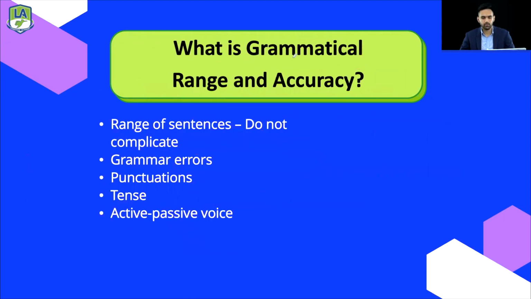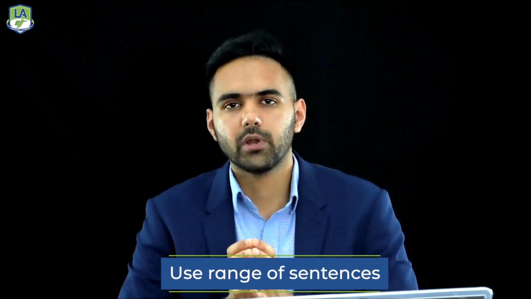And finally, we have got grammatical range and accuracy. We have to first of all make sure there are two parameters here. First one is grammatical range and the second one is grammatical accuracy. Grammatical range means you are using a variety of sentences: simple sentence, compound sentence, complex sentence, interrogative sentence, and so on. You can repeat simple sentences twice, but you can't just write simple, simple, simple, simple all over again. That will show that you have limited hold over your sentence structure and you cannot efficiently frame sentences in different grammatical range. What you need to do is use a range of sentences plus,